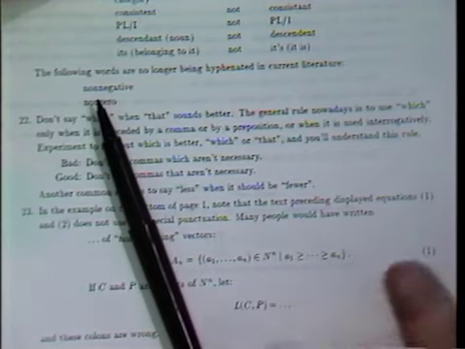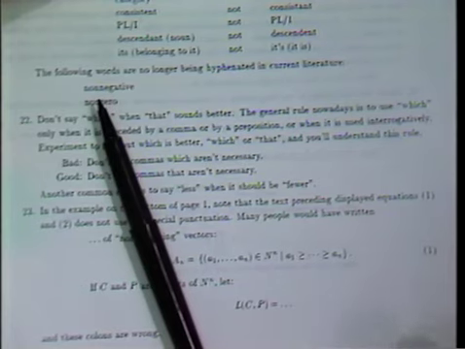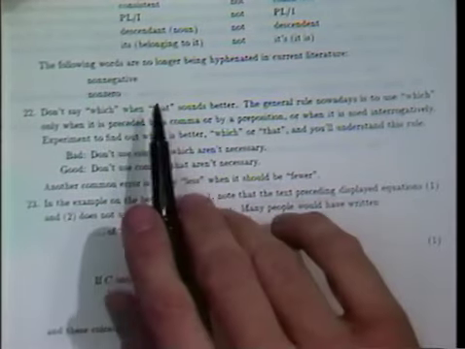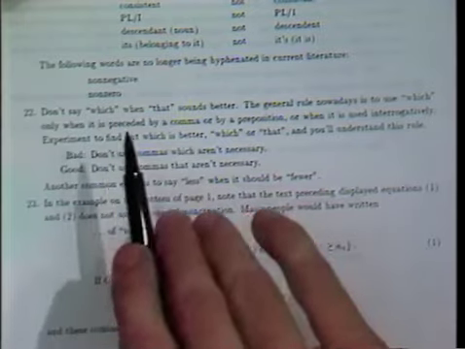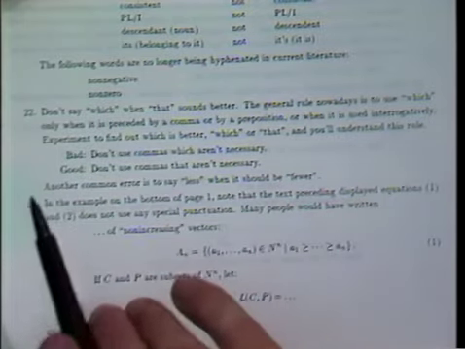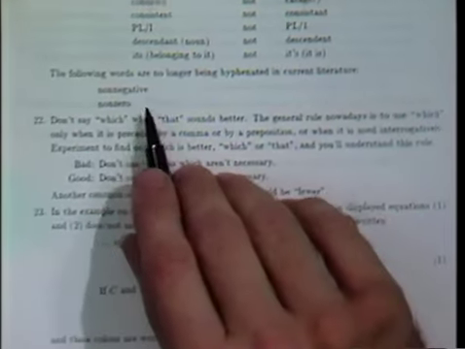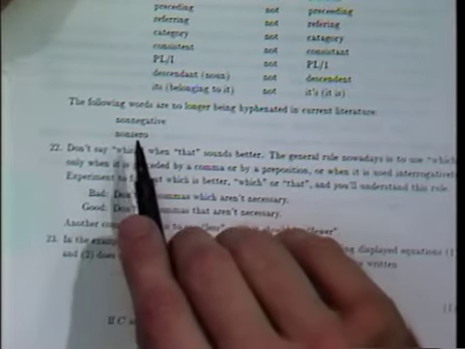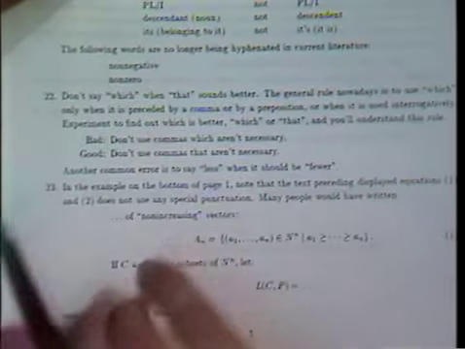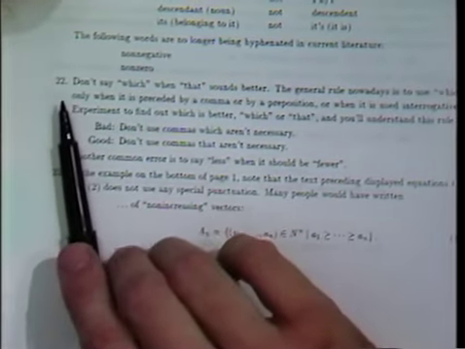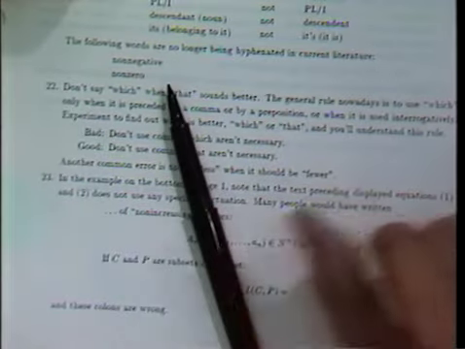I can't think of another. Non-monotonic. Yeah, probably not. Anyway, a lot of these new words start out being hyphenated, and then usage eventually gets the hyphens removed. And this happens in ordinary words as well as mathematical words. Now here's something that I've got to say something about: which versus that.